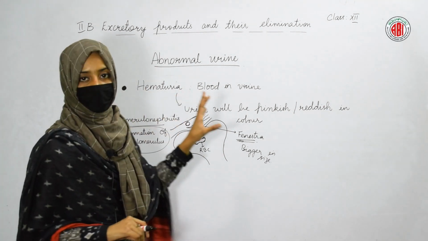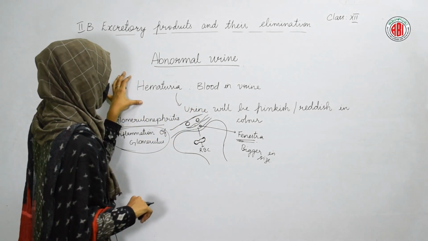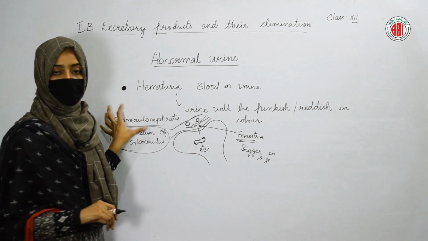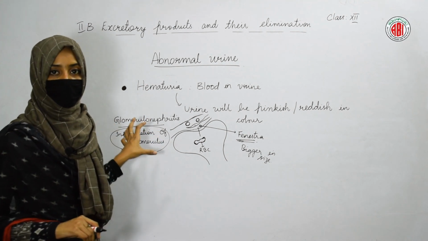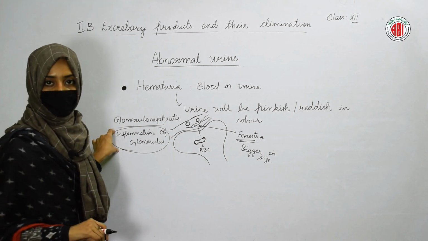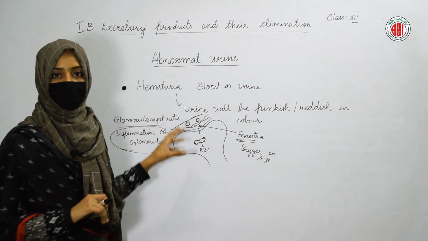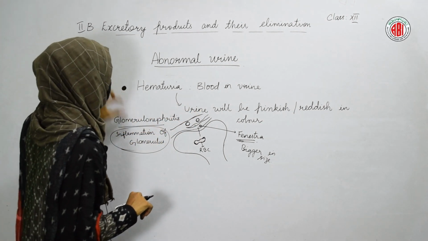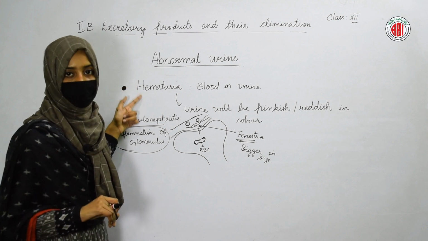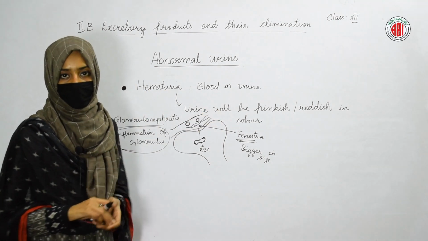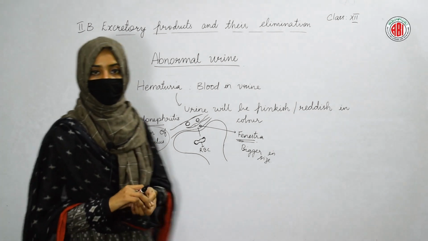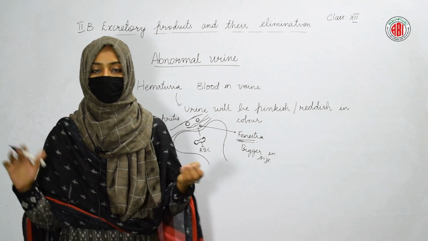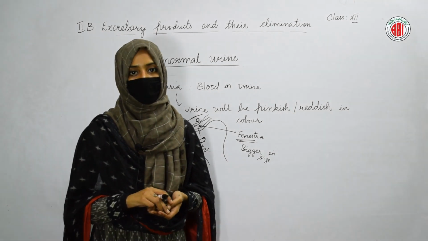Whenever blood is released in the urine, we call that condition hematuria, and hematuria can be caused by glomerulonephritis. Glomerulonephritis is a term used to define the inflammation of the glomerulus. Whenever swelling takes place in the structure of the glomerulus, that condition is called glomerulonephritis, and it leads to a disorder called hematuria, which is nothing but the release of blood in urine. So this is how different disorders can be seen in the human body due to abnormality in the release of urine, or due to abnormality in the features of our urine.